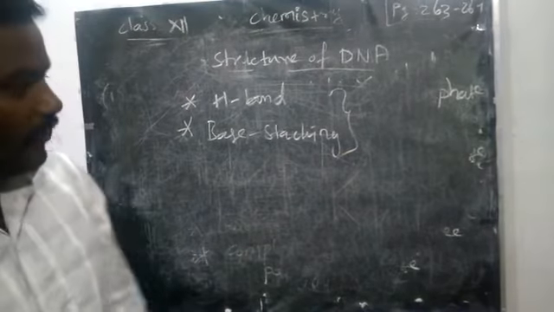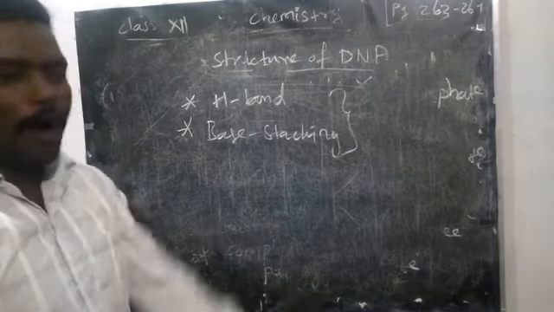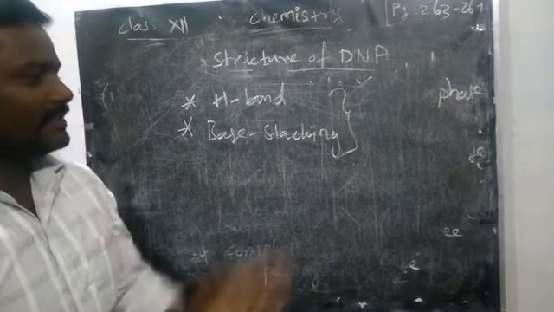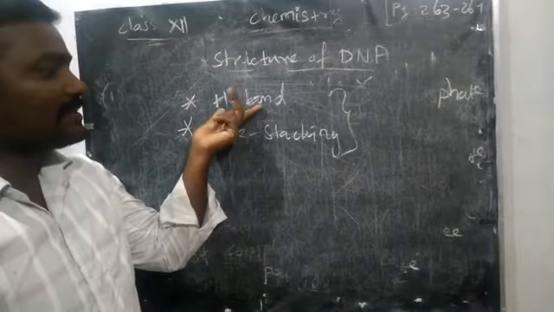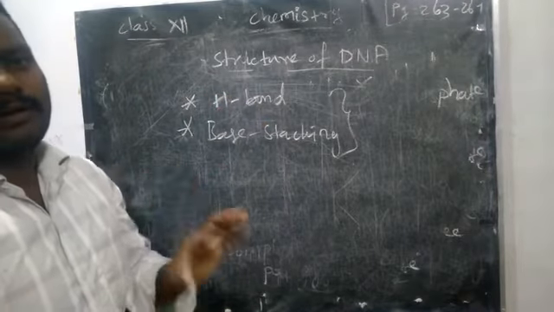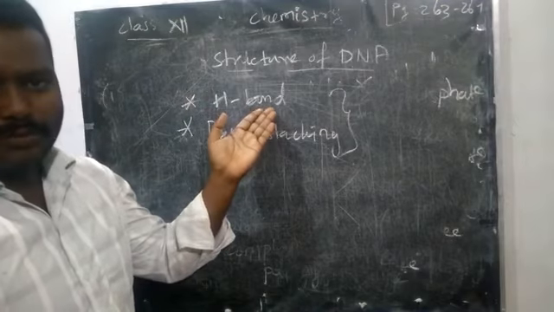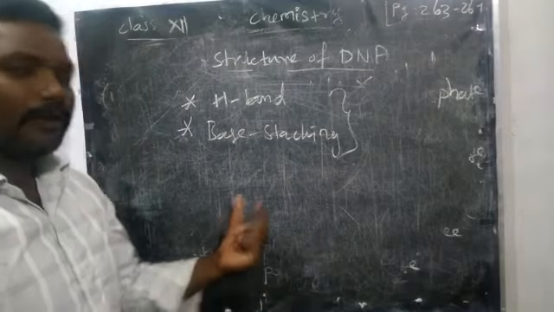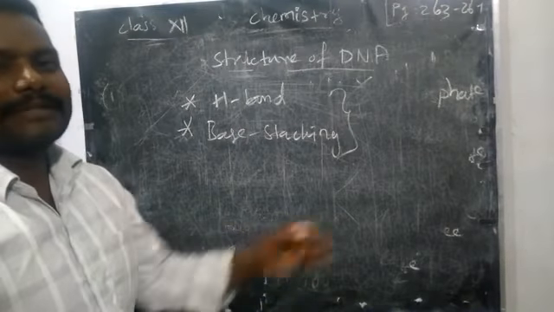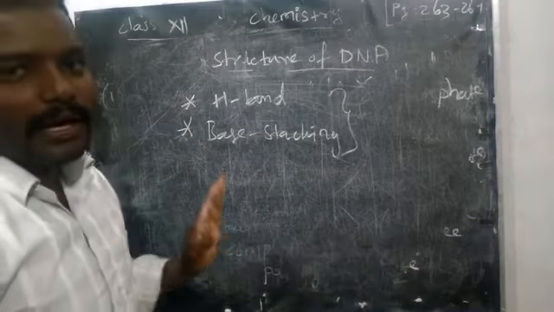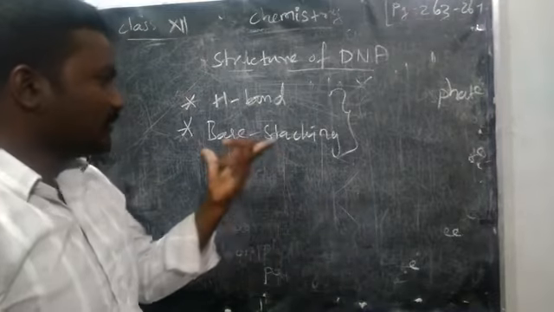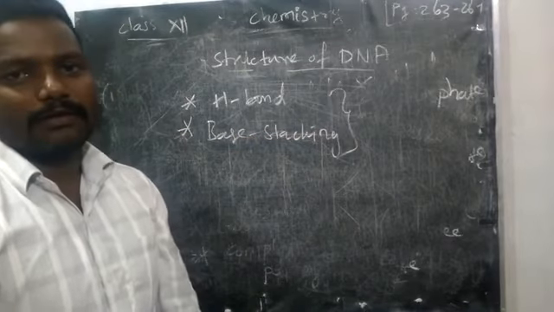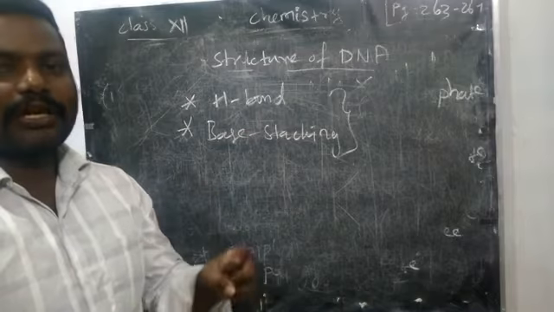Okay, right. Now we are going to learn something about RNA. Before that, a small hint is given for hydrogen bond and base stacking interaction. See, this is specific. That means it is very clear how many hydrogen bonds are between adenine, thymine, and guanine, cytosine. Guanine and cytosine have three hydrogen bonds, adenine and thymine have two hydrogen bonds. In base stacking, that interaction is not specific, okay, it depends upon the nature.